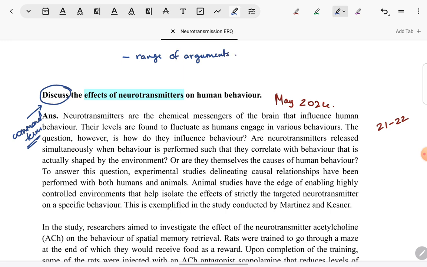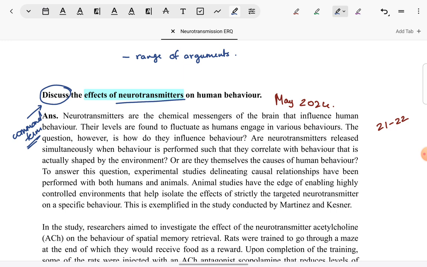Now, this should be the most obvious thing, but unfortunately it is not. There are so many answers that we go through which don't have any argument. Students just memorize some format that they have to explain the topic that has been asked in the question, so they have to explain the meaning and importance of neurotransmitters, and then they have some formulaic way of writing, such as that they have to follow the general explanation with 2 studies and critically evaluate each study. That is not a helpful way of answering at all,